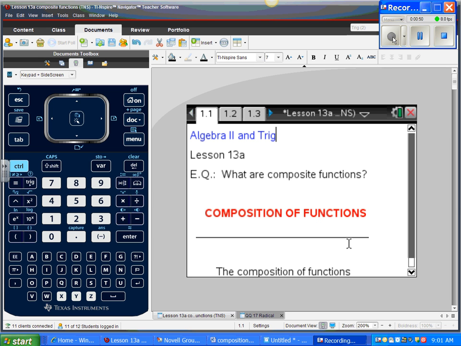So it's basically just a fancy way to say substitution. We're going to learn how to do fancy substitution. You all know how to do substitution already, so this shouldn't be life-changing. It's just going to be a little bit different, okay? All right, so